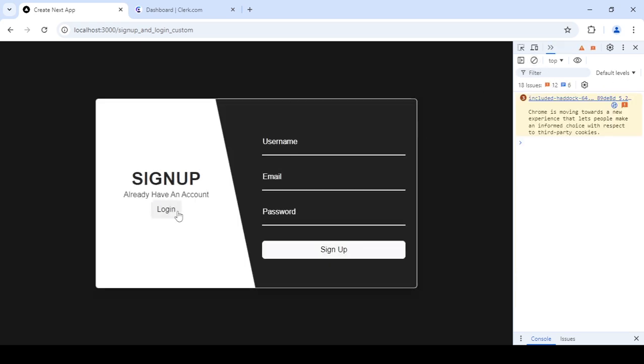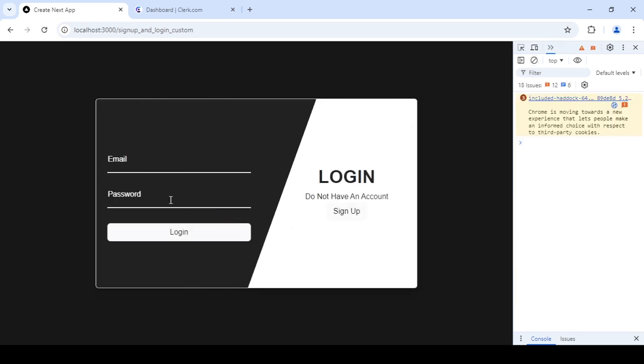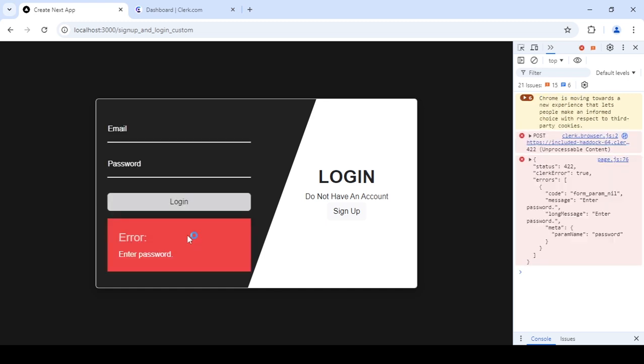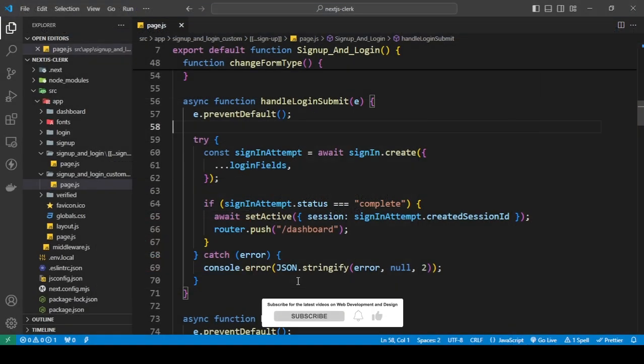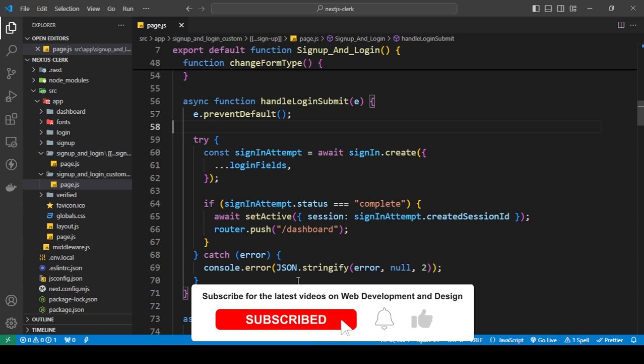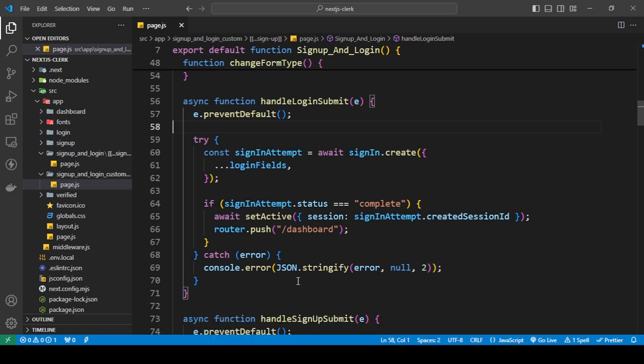Okay, so in this tutorial I'm going to show you how we handle the errors that we can get while we are trying to submit a login request to Clerk, right? So if you're trying to submit a login request to Clerk, what you're sometimes going to run into is a user not typing in their password correctly or some other type of error, like they didn't fill in a login field. So we can get those errors, and this is the code that we wrote for the login submit logic